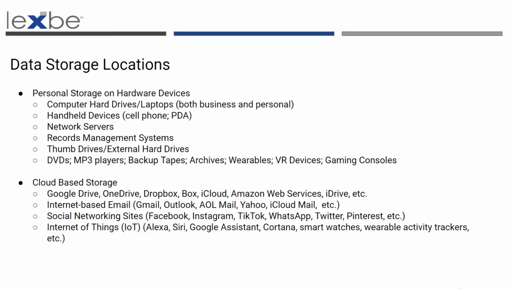Data also stored on handheld devices such as cell phones can also be relevant to litigation and must be identified and preserved if necessary. This includes text messages and chat messages. Network servers can house both custodial and non-custodial data. Companies often have multiple servers that can contain relevant data. And then we mentioned the records management systems that are maintained by human resources, accounting, marketing, sales. Often those programs are going to contain data relevant to pending litigation.